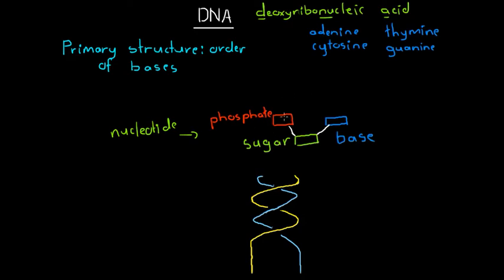And so that means we've got 4 different nucleotides that are possible. We've got a nucleotide that is possible with each of these bases. And so the order of these different nucleotides, the order that these different bases appear in a DNA molecule, is what we refer to as the primary structure. And it is this primary structure that dictates the sort of proteins that are generated by our body. So that is the whole purpose of DNA, to control how our body produces various substances, in this case proteins. So that is the primary structure